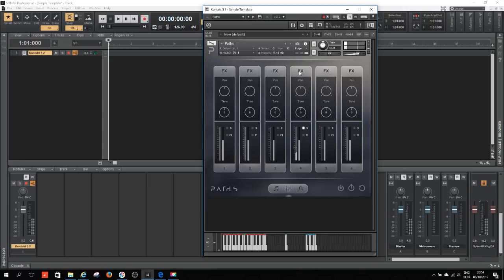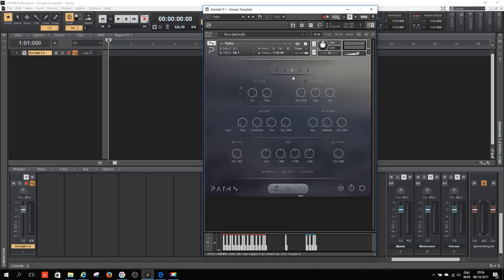So now I go to the FX page and let's take a look at what this does. So first of all, you have your filter here. Let's see with the low pass filter. And then you have a stutter here, which is really great. If you want to do a stutter manually, it takes you a lot more time. So here,